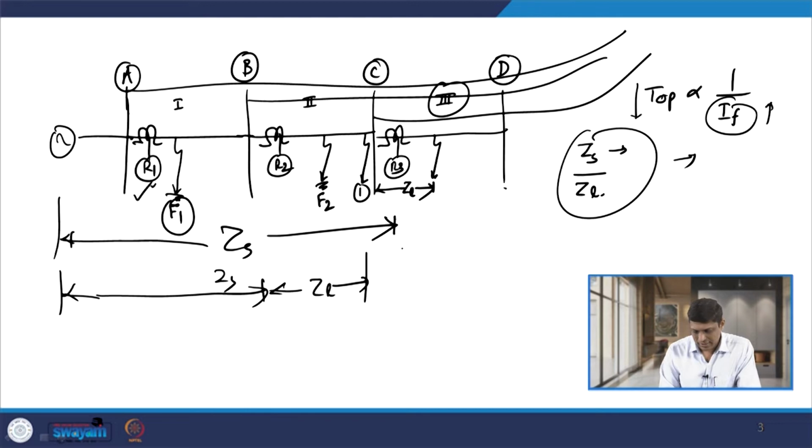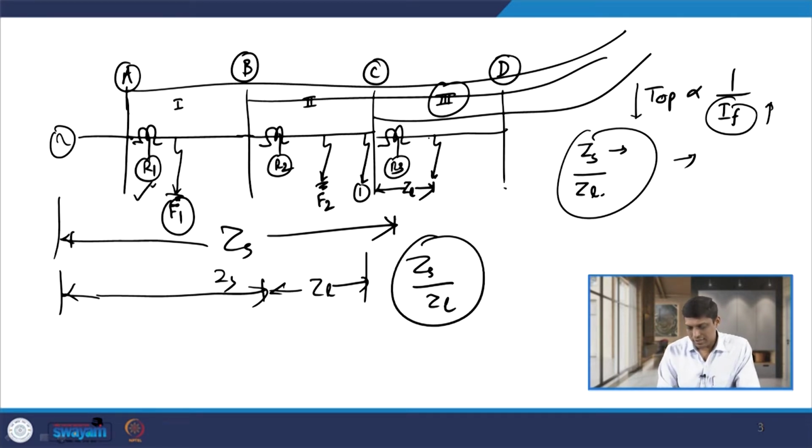If I take this ratio ZS by ZL, then this ratio and that ratio, for a close-in fault in section 3 and a remote end fault in section 1, have an insignificant difference in the magnitude of fault current. So, this ratio is also not that much different.